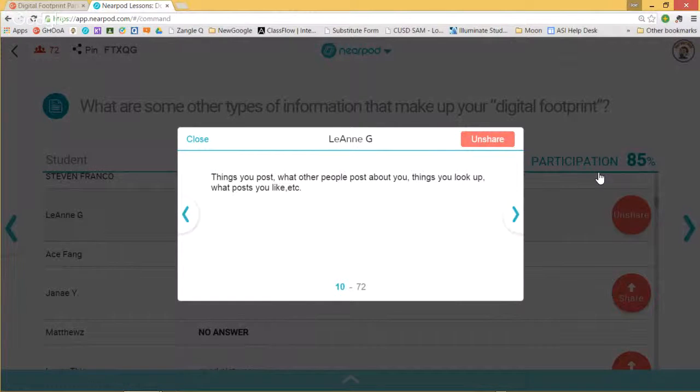Leanne kind of hit it right on the head, because it's things that you post. That's the thing we always think about, and a lot of people stop there. But it's also what other people post about you, meaning comments or other pictures. And I told you the example last time